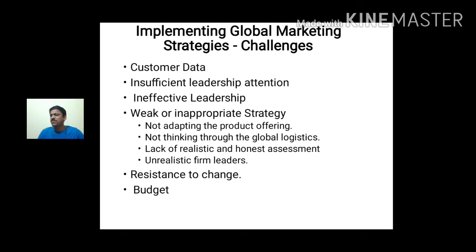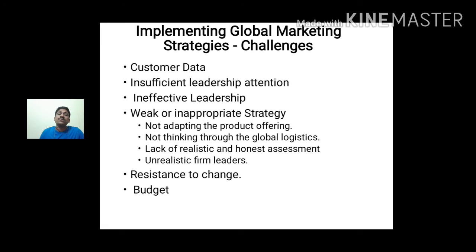What will happen just before achieving any destination, the people will lose interest. Like, I've tried a lot, but I couldn't achieve it. So they'll lose it. This is the possibility. So it is the responsibility of the leader to not lose the interest, and also to not lose the focus on achieving the expected results, that is implementing the global strategy. So that is how, because of insufficient leadership attention also, sometimes there will be problems in the organization